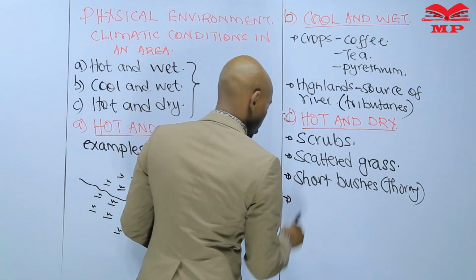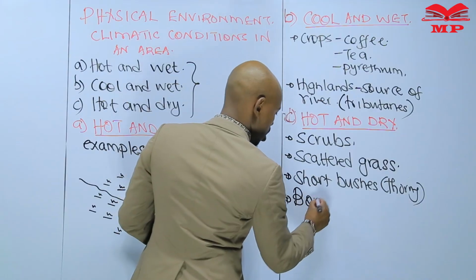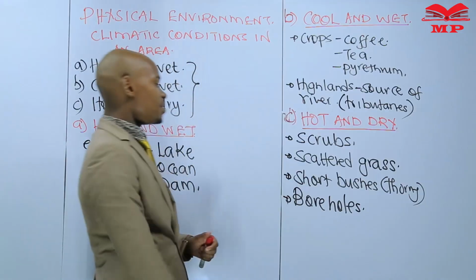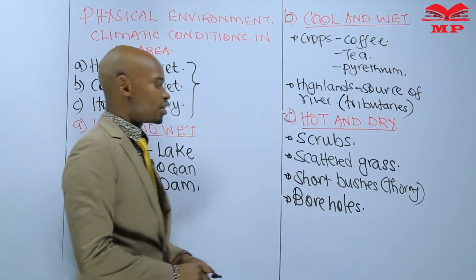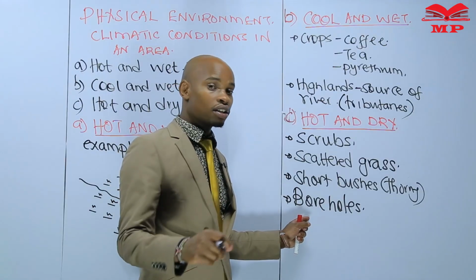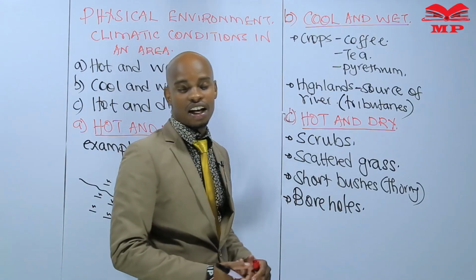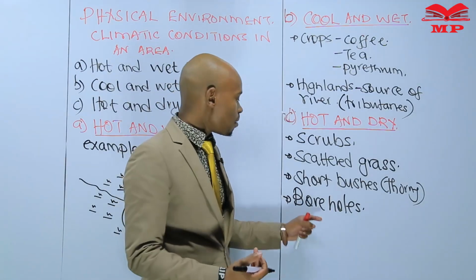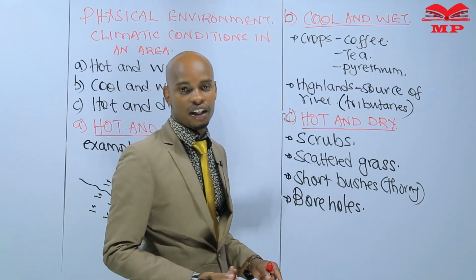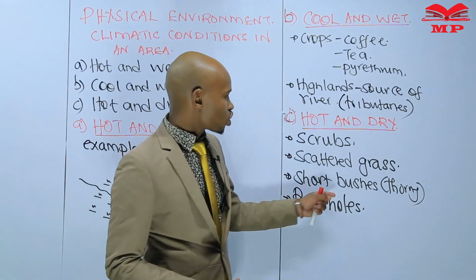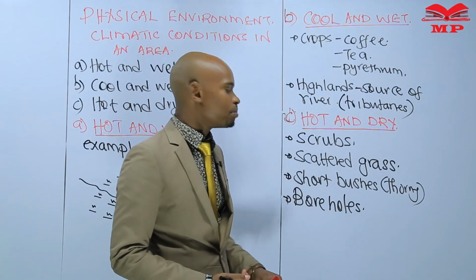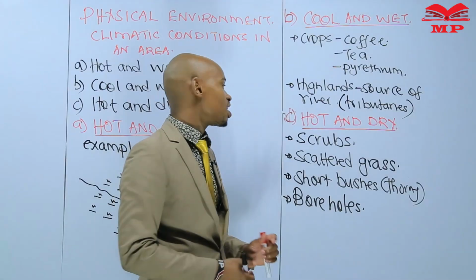And maybe finally, boreholes. They might be many or maybe one. A borehole means that those people do not have enough rainfall, and that is why they are drilling water to sustain themselves, or maybe for irrigation. Boreholes mean that place is hot and dry. You don't go to a place where it rains every day and drill a borehole. A borehole, short thorny bushes, scattered grass and scrubs are very good indicators that an area receives